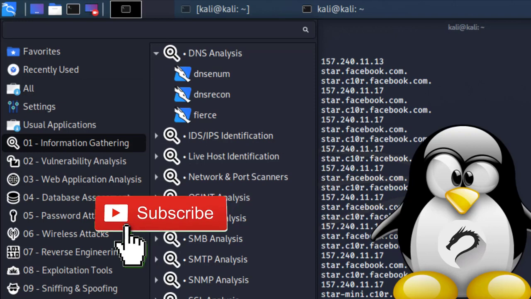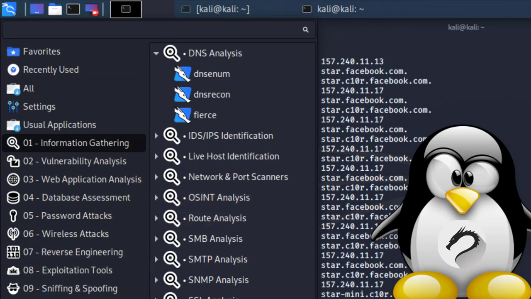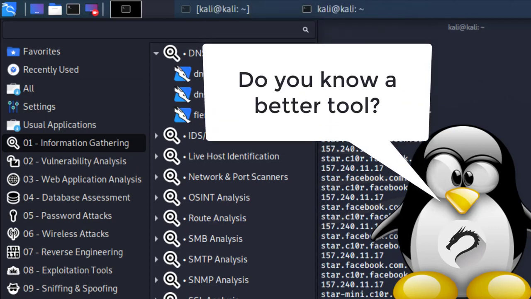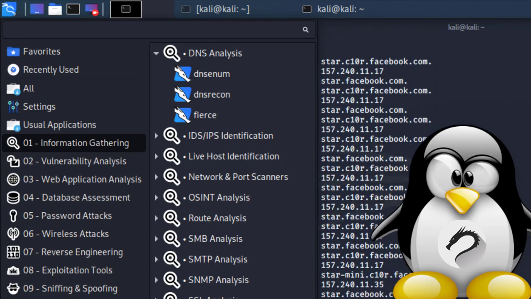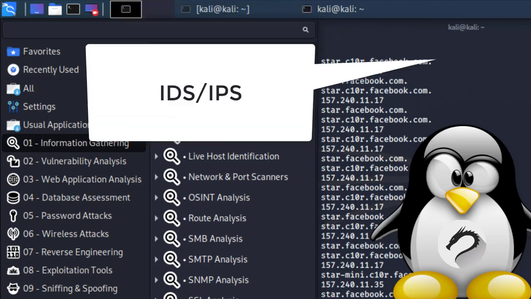So that is it, you guys. That is it for DNS analysis for today. And it's pretty simple and pretty straightforward. And in my opinion, these tools are good, but not great, because I think they're lacking a little bit more information. In this case, I'm talking about the type of services that each of these subdomains are running, which could be a web server, a file transfer site, or a VPN. So in our next series for this Kali Linux tutorial, we're going to be looking at the following tools,